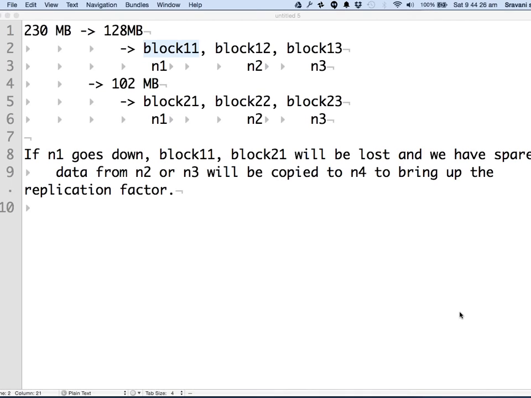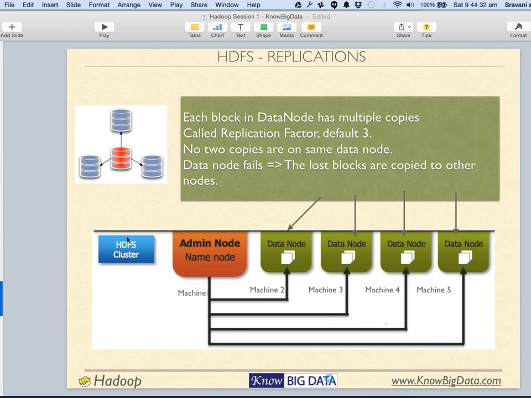How is node failure detected by HDFS? Very good question, Anand. So the way it happens is, all these data nodes keep sending a ping, or we call it a heartbeat, to the admin node. In case a data node does not respond, does not give a ping to the admin node for some time, the admin node assumes that the data node has gone down. And that's when it starts the job of replication across the cluster immediately.